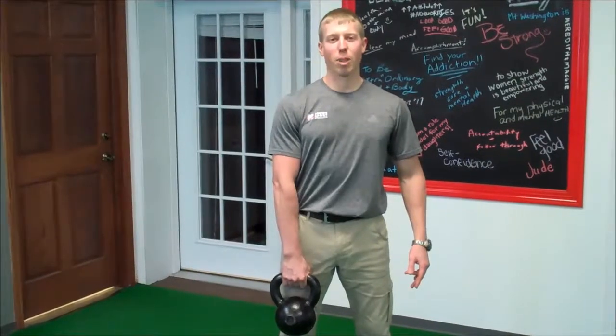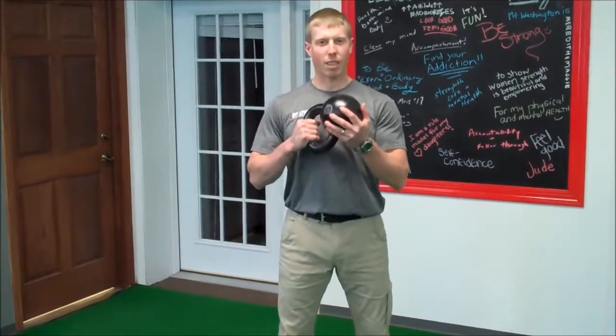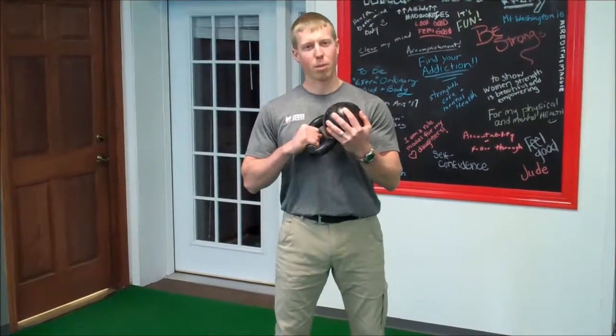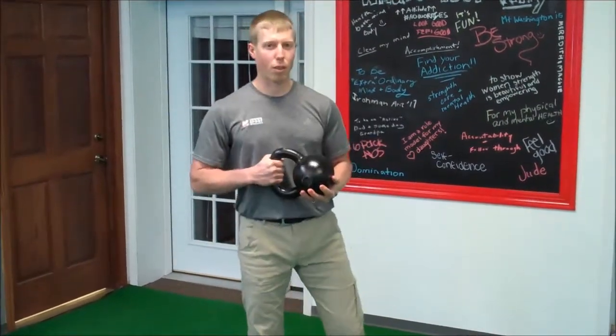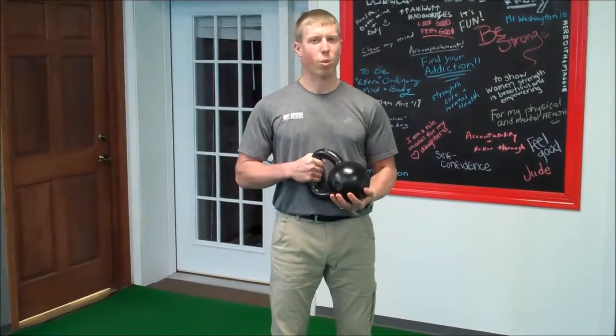The first single arm loaded carry variation that we are going to discuss today is the suitcase carry. As you can see, I've got a single kettlebell here with me. It's a 16 kilo bell, so about 35 pounds. Good place to start for you guys out there. Gals, you're going to start with about a 20 to 25 pounder, so right around that 12 kilo range is